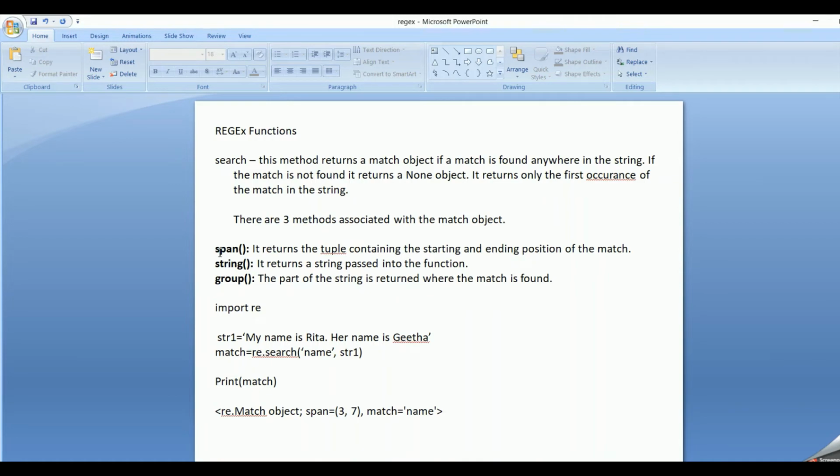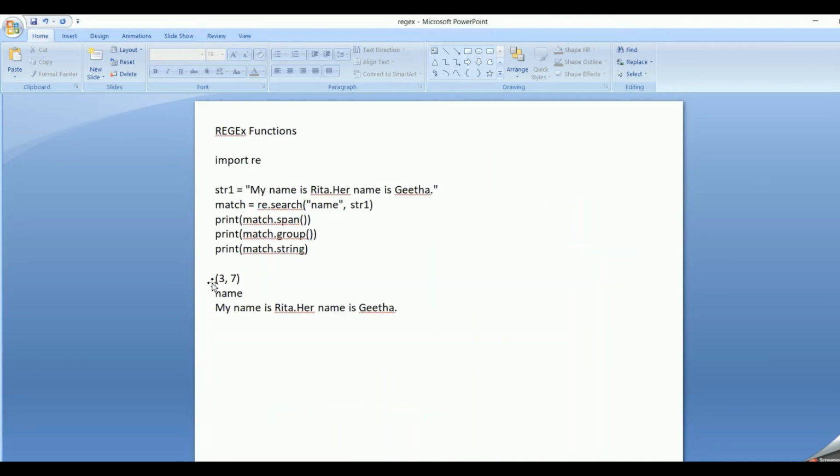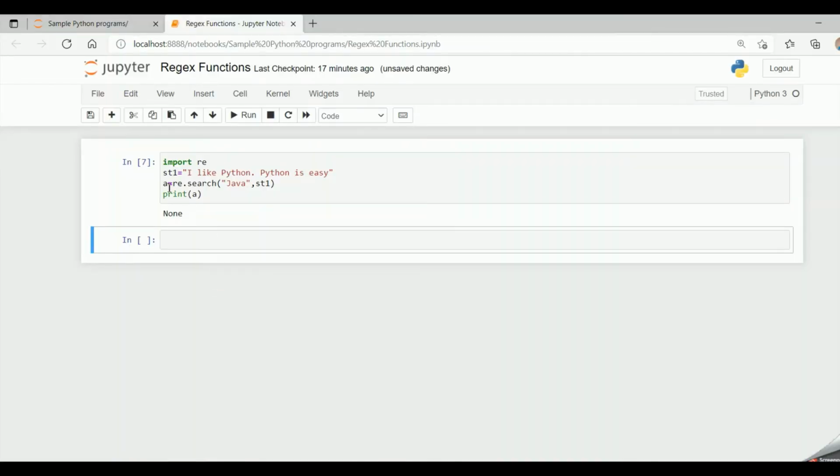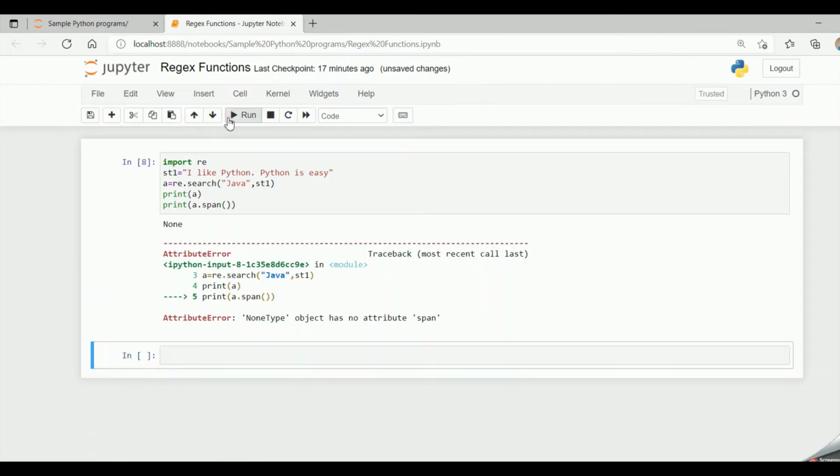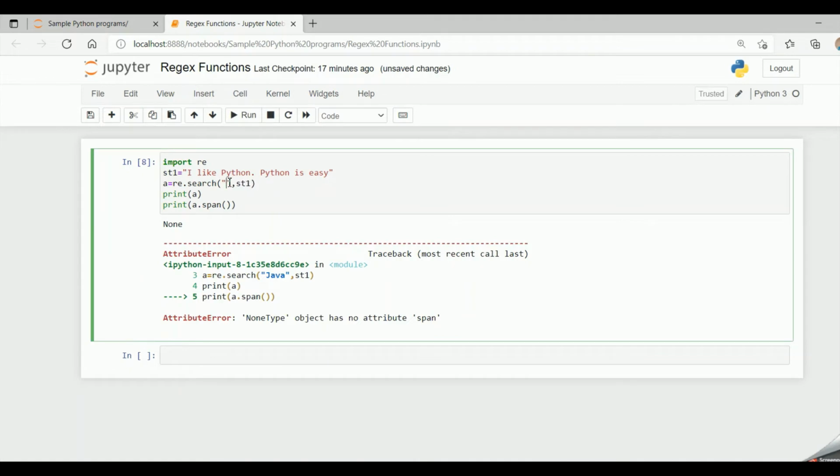There are three methods, that is span, string and group. Let's look into it in detail. My match object, that is a, is the match object. Sorry, let me change it to Python.